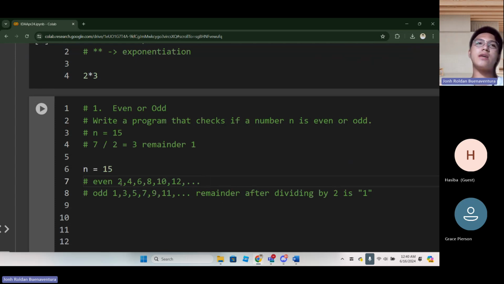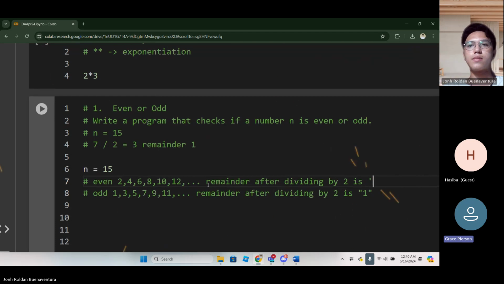Even numbers, if you divide them by 2, the remainder is 0 because they are perfectly divisible by 2. So we are clear that an even number, if we divide it by 2, the remainder should be 0.